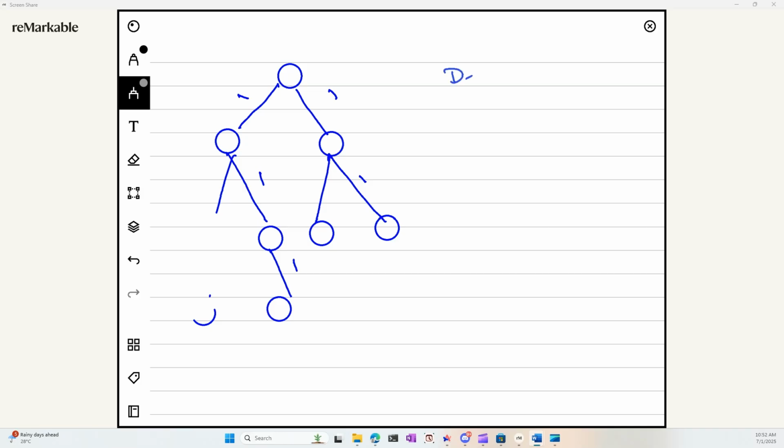One is the depth, another is the diameter. Depth is the height between the first node to the end node, and diameter would be the entire length. There is a chance that the diameter of this tree is greater than the entire left tree. That's why we need to,